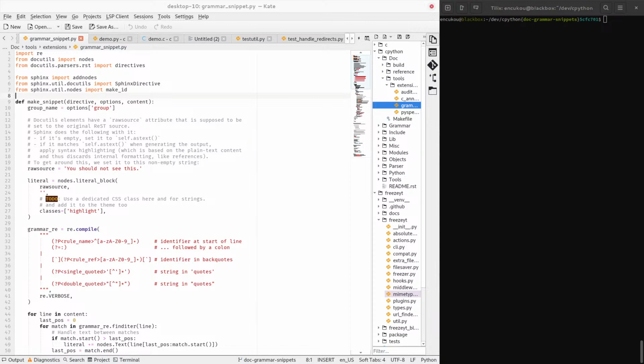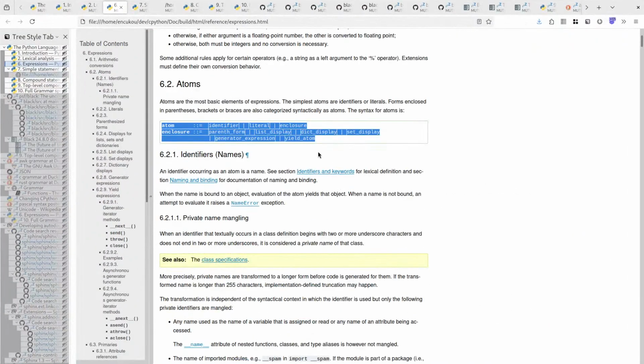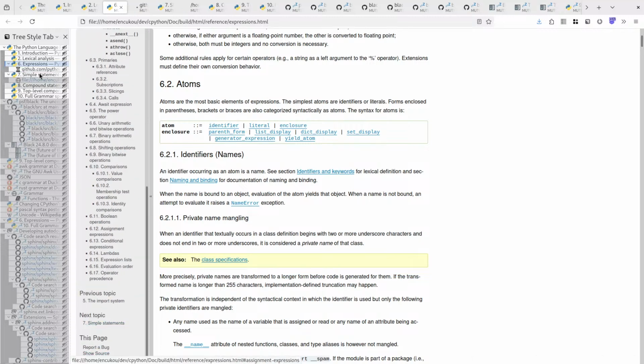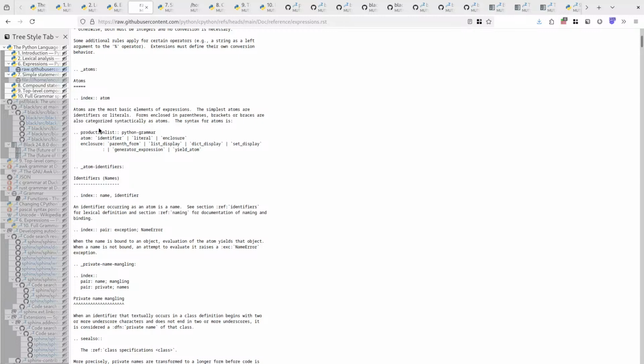So when you have the documentation of particular topics, like the sixth chapter, expressions, the change I'm working on right now, or we were working on last week with Blaze, is, let's see the source here. Currently we use production lists, which are built-in Sphinx features, and